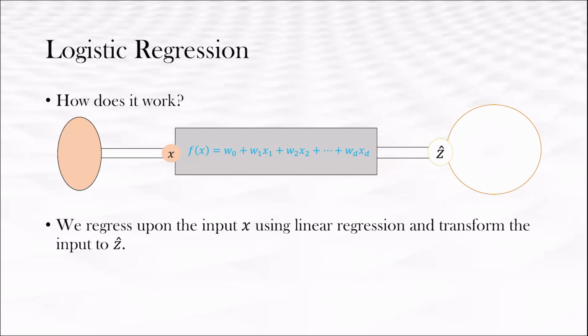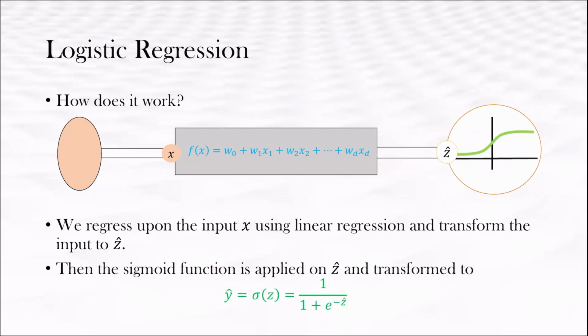Further, this z hat is mapped in between 0 and 1 with the help of the sigmoid function as y hat is equal to 1 over 1 plus e to the power of minus z hat. So this allows us to modify the input x to the value y hat, which is in between 0 and 1. So now let us see an